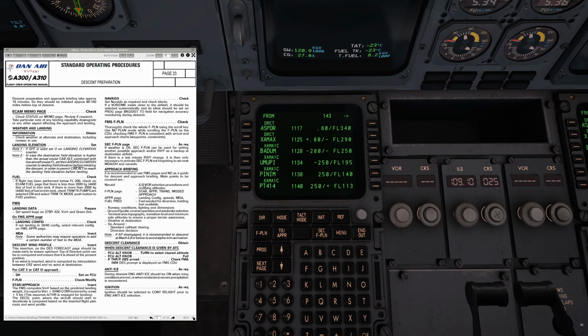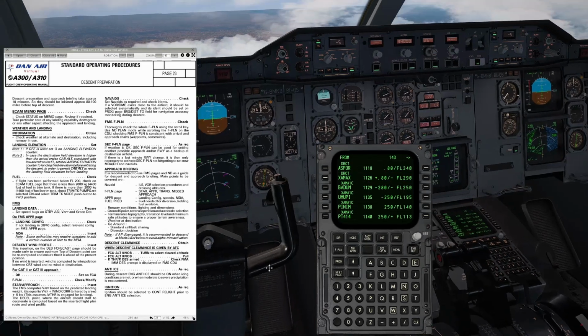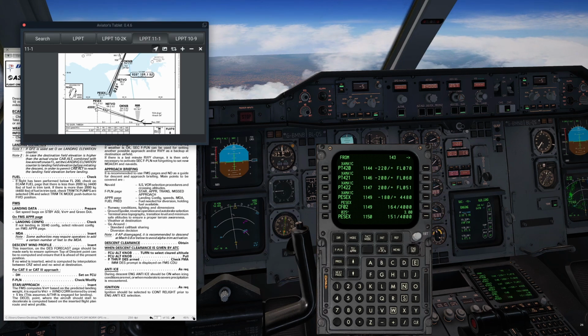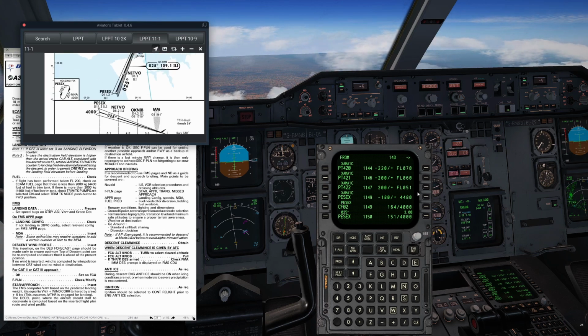Approach briefing. It is recommended to use FMS page and ND as a guide for descent and approach briefing. Main points to be covered are navaids, so we can discuss that. ILS, VOR selection procedure and crossing altitude. So we would be checking the crossing altitudes there. Makes sense. The final intercept point, so the FAF here is PSX, and the point at which we'll start going down the glide slope. PSX, the most important thing is to check that that makes sense. So it says PSX 4,480,